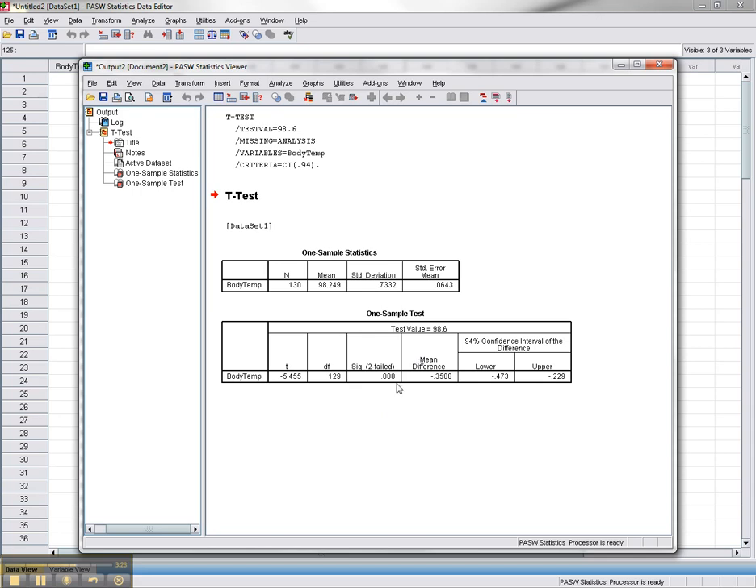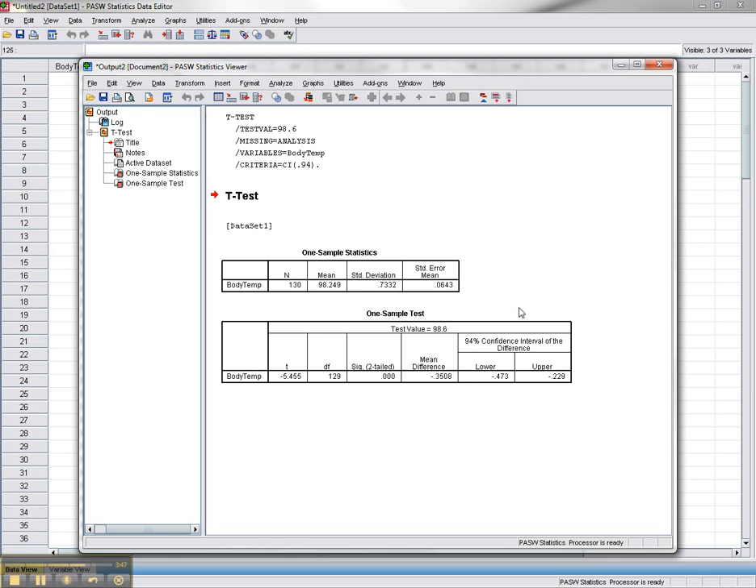So we're going to strongly reject the null hypothesis that the true mean body temperature of human beings is equal to 98.6 degrees. In addition, we're given a confidence interval here. It's a 94% confidence interval. You need to be careful here, though. This is a 94% confidence interval for the difference between the true population mean and the null hypothesized value of